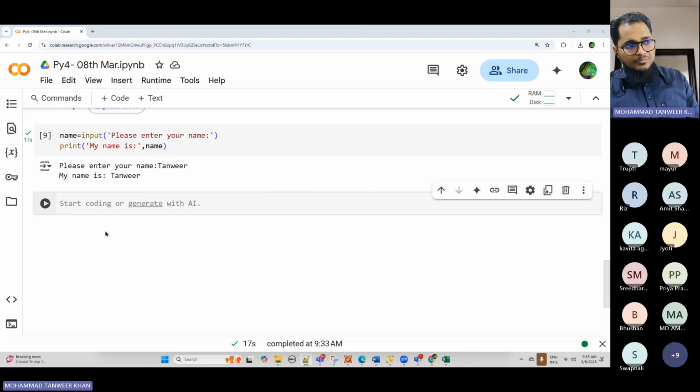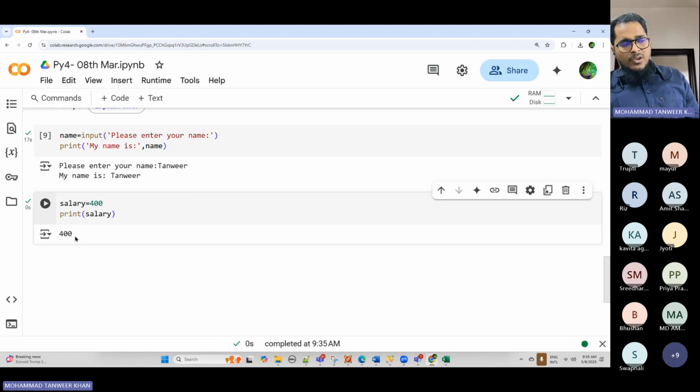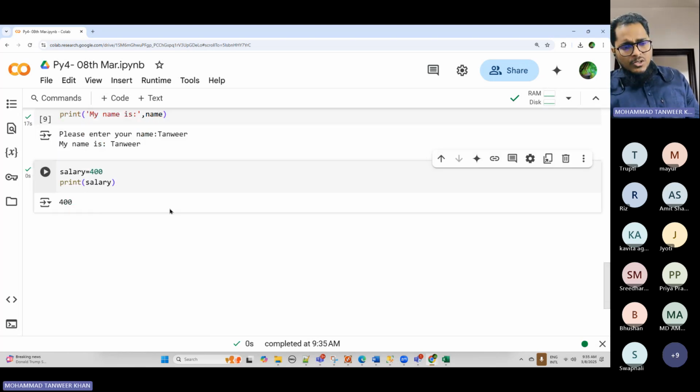Okay, now next one. I have a variable here, salary equals 400, and I'm asking Python to print the value of the salary. And I'm getting the value 400. Now, in all other programming languages, if you have studied C or Unix or Java, or PL/SQL, when you define a variable, at the same time you have to define the data type as well. Or in SQL,